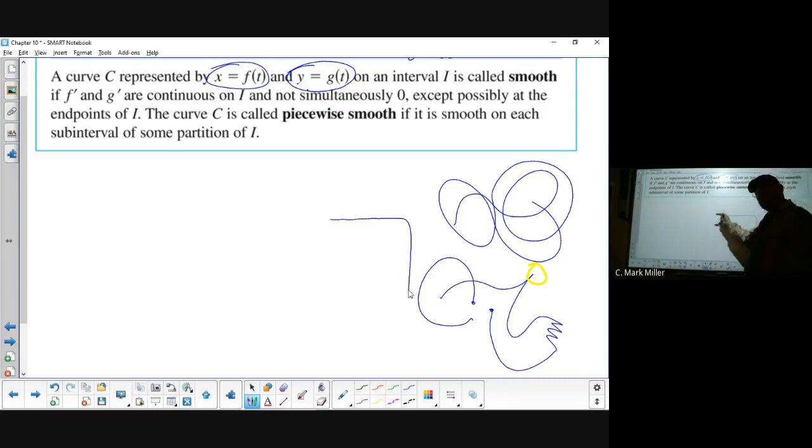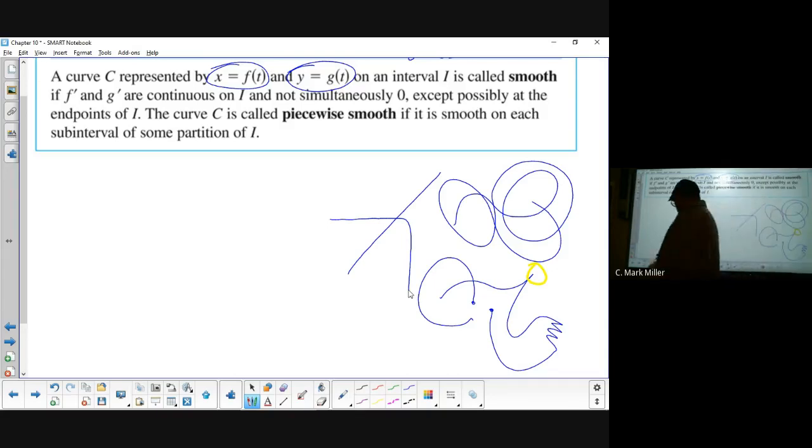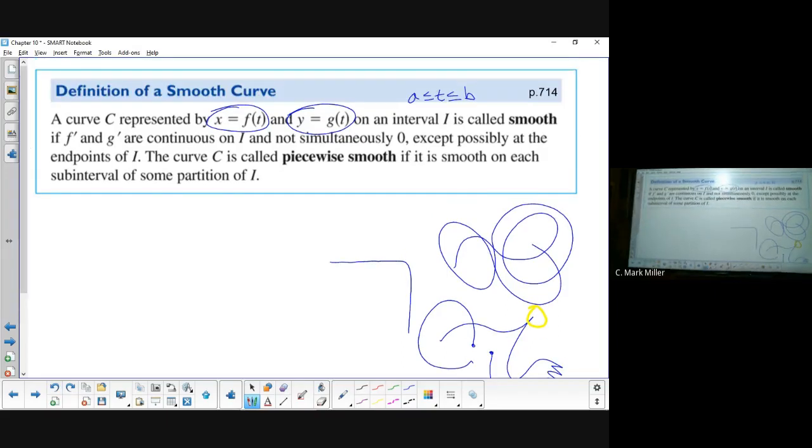But x is. And for that matter, anytime it goes in a straight line in any direction, one of the derivatives of x and y is zero. So, okay,